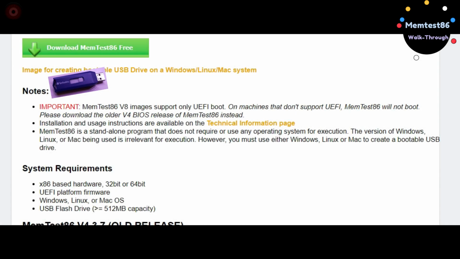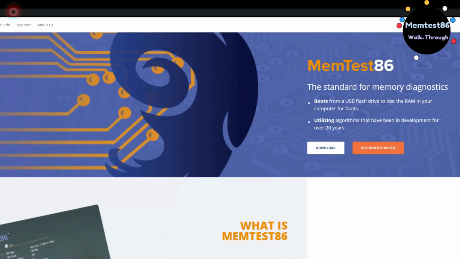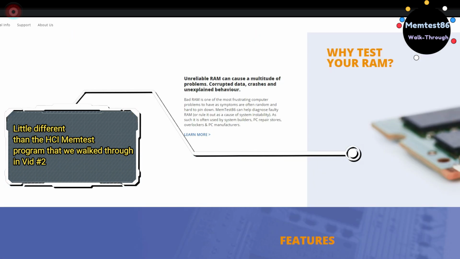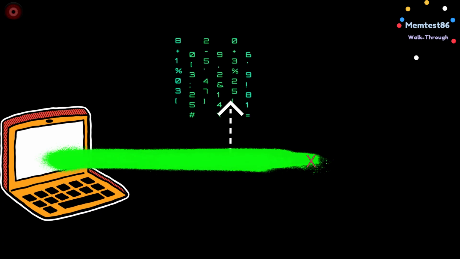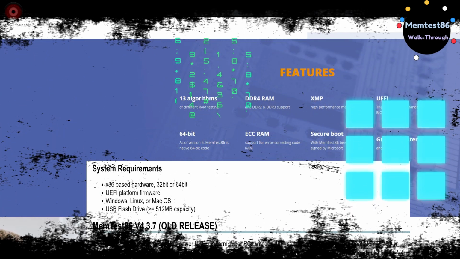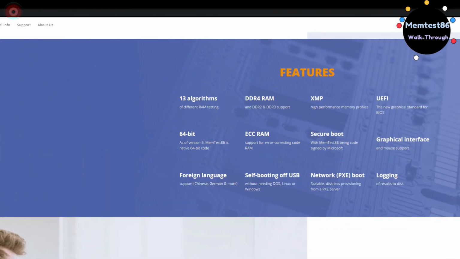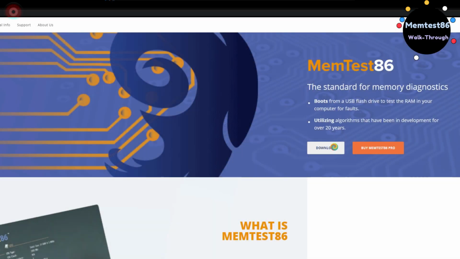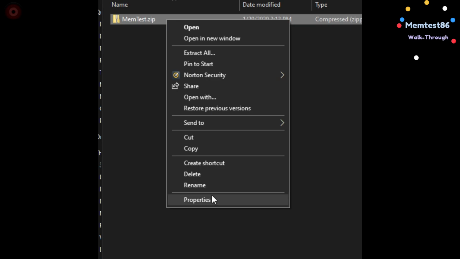We'll restart the system and boot from that USB drive so that Memtest86 can start running and testing the RAM before Windows even loads. So it's a little bit different type of test, providing a different type of coverage. It accesses the RAM and starts testing it before the operating system even gets a chance to start any addressable random access memory. So we'll go ahead and download the program, right-click the zip file, go down to Properties,